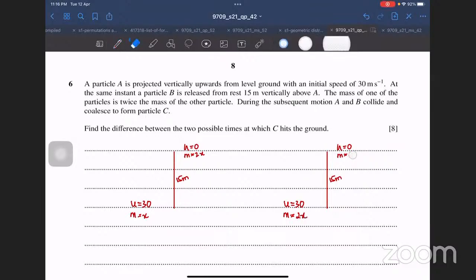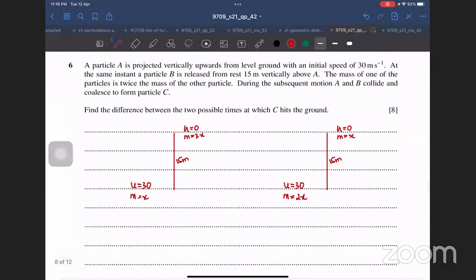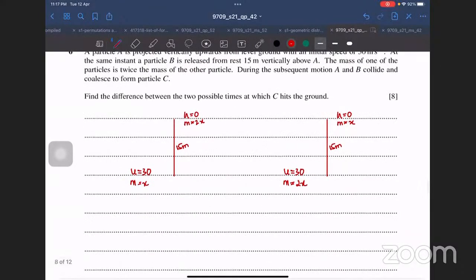Okay, since it's a question on momentum, we're going to use the formula for momentum. Momentum says that we will first have to find out at what height they meet and what speeds they're meeting at, and then only we'll be able to decide how to move forward. So this is a question merged with kinematics.